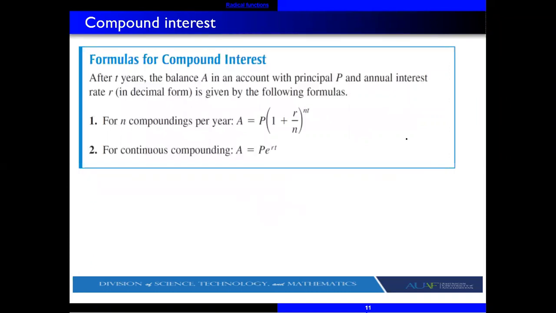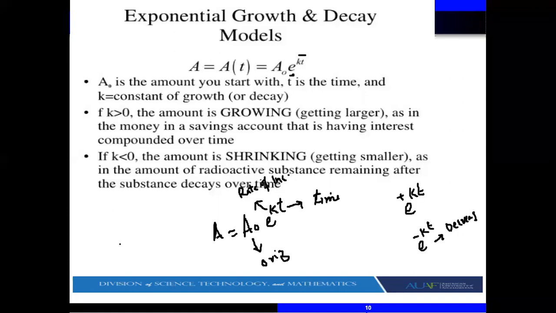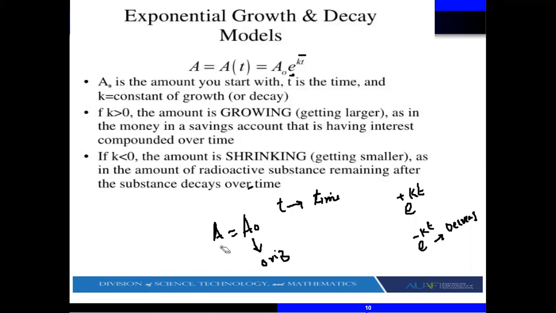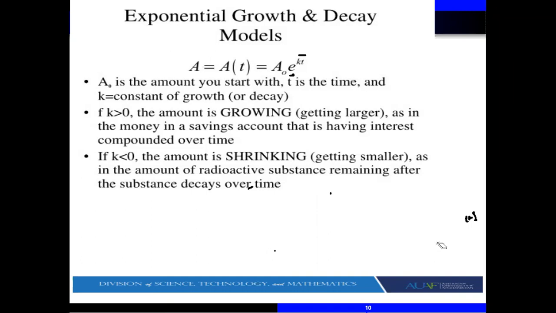There is also the compound interest formula, but let me start by solving some examples on population growth. Let's suppose in 2010, for example, the original population of Kabul city was, let's suppose, 12 million, correct? And for example, what will be the